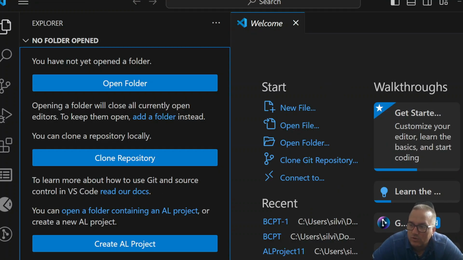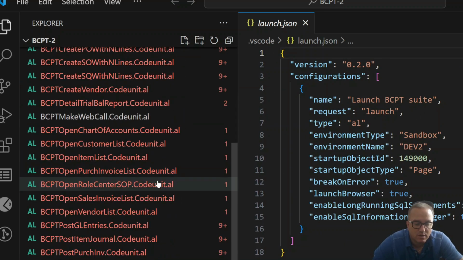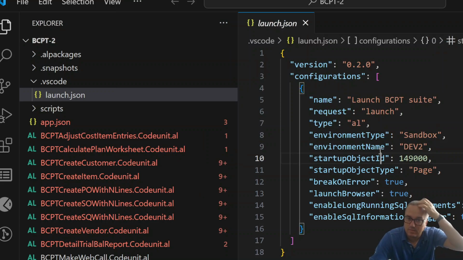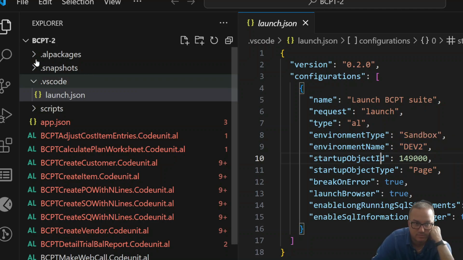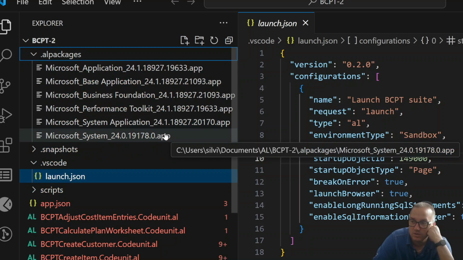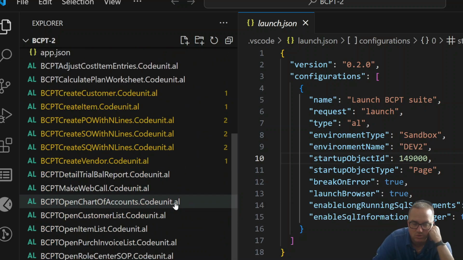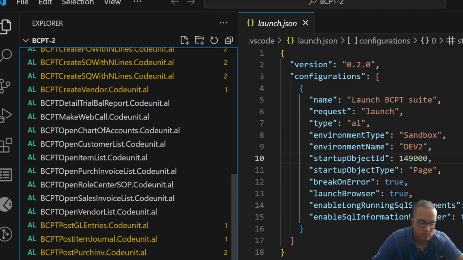And we can open the project. We look at the launch JSON, and it looks good here. Of course, we don't have any symbols, so we need to download the symbols. This is gonna go to my dev2 sandbox, and it will start downloading the symbols, which I think is done, and there is no error. We can now build the project,